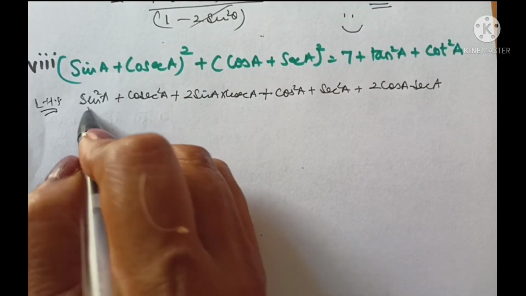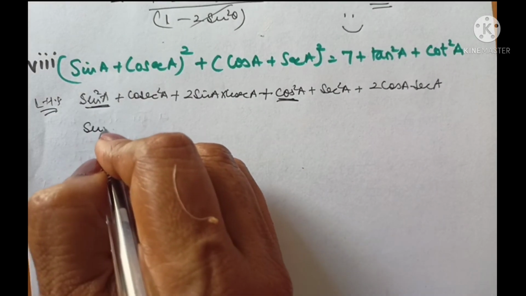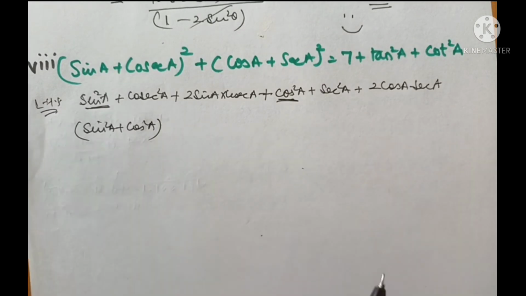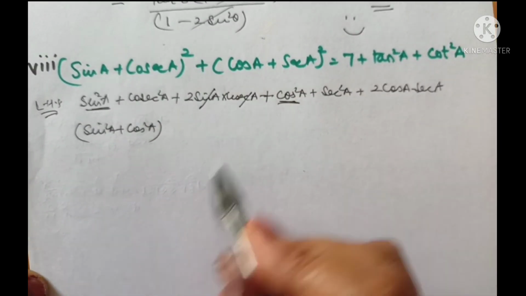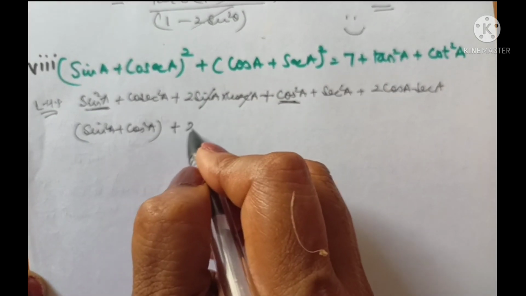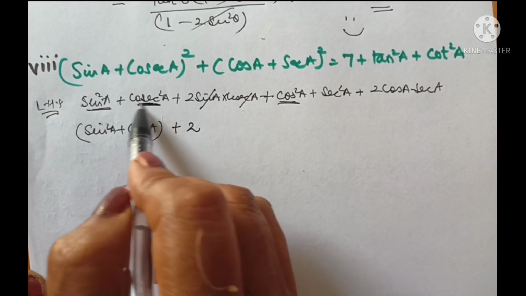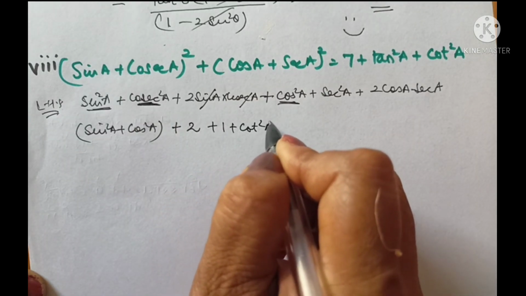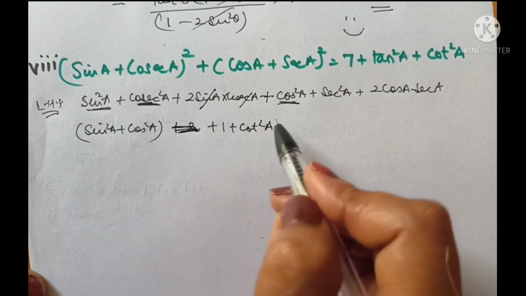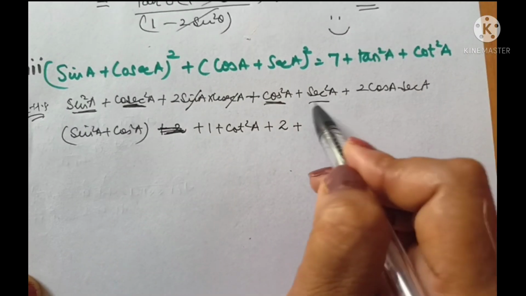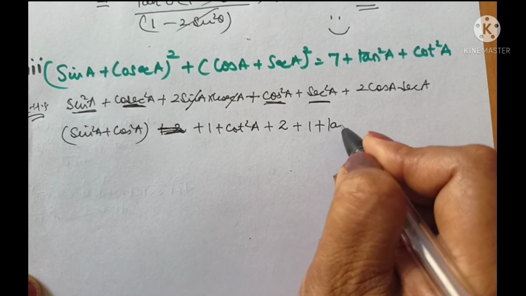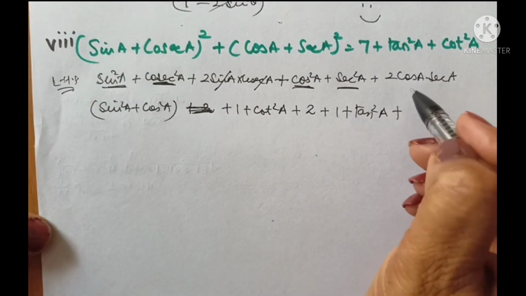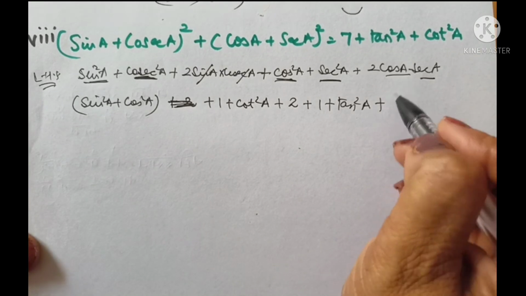Now let us see. Sine square a plus cos square a, I can combine in one bracket, or you may directly write it equal to 1. And now sine a and cosec a get cancelled because they are reciprocal of each other. I am left with 2. This cosec square a, I can convert it to 1 plus cot square a, right? This 2 will come later on. Now here this 2 will come. This secant square a will be written as 1 plus tangent square a. We know the identity. And the last term, since cos a and secant a are reciprocal of each other, I am left with 2.